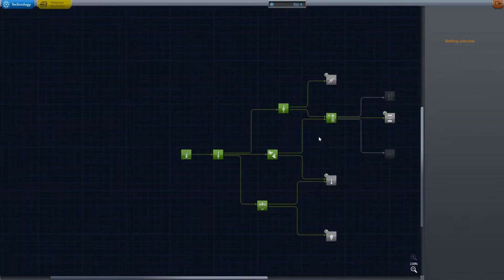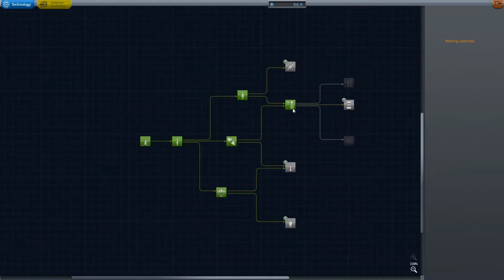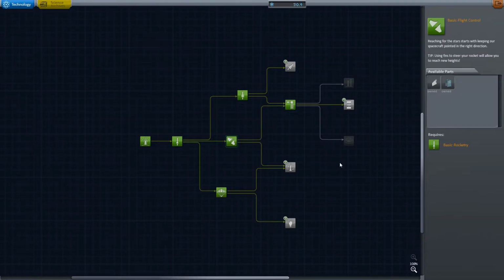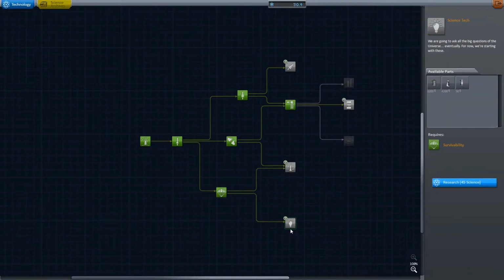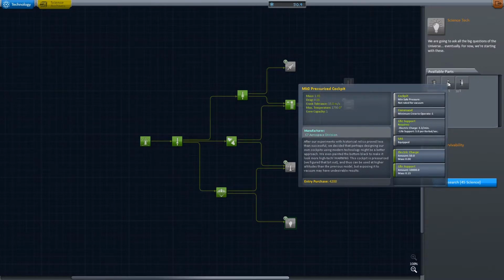Now, I had a comment on the first video by FlowerChildXL, the maker of the mod, that he had actually put a lot of small hints in the actual files. So for instance, the cockpit actually says, where is it? Cockpit's not pressurized, thus flying at extreme altitudes may void the warranty on any Kerbals. Similarly, if we go to the next cockpit in the line, it says, warning, this cockpit is pressurized. We figure that bit out, and this can be used at higher altitudes, but exposing it to vacuum may have undesirable results. So that is, in fact, a hint in the actual science part that explains what you can do